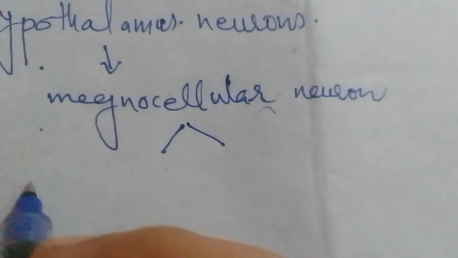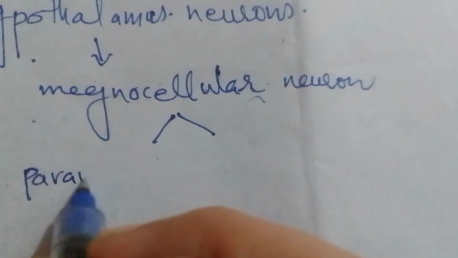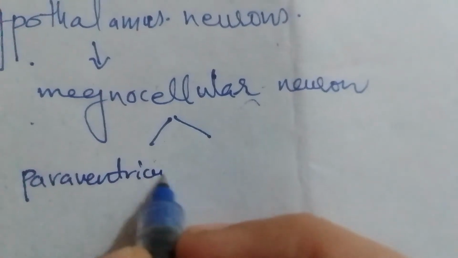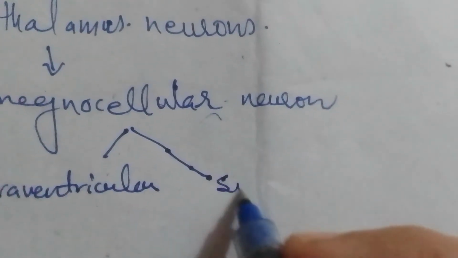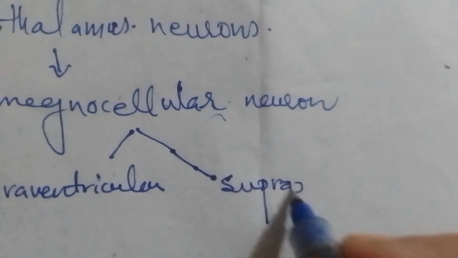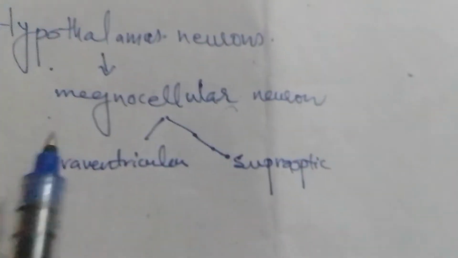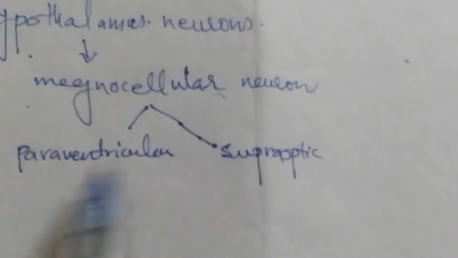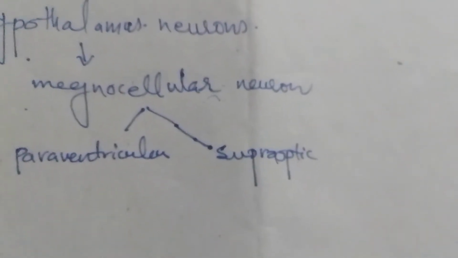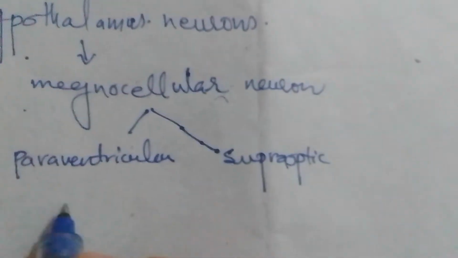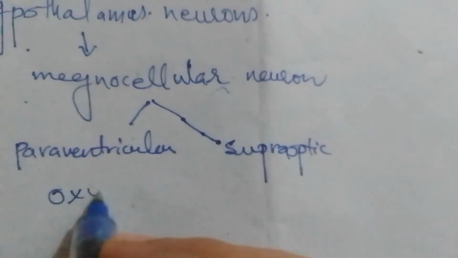One is the oxytocin, this is the paraventricular, and the second is the supraoptic. These are the two nuclei in the hypothalamus that cause the synthesis of hormones, and